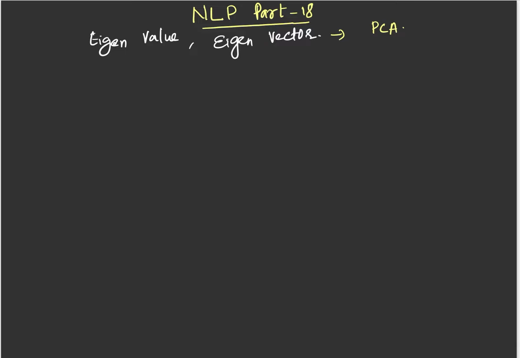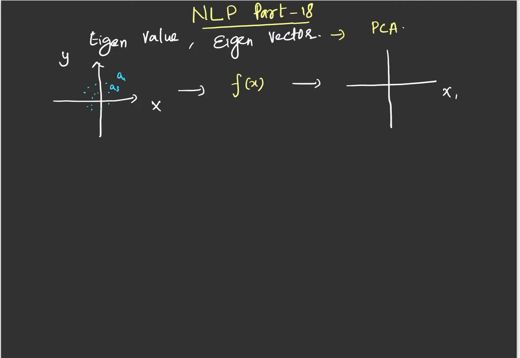Let us assume again the mapping function f of x, which maps my input space into an output space. Here I define my input space in a 2D plane, which is described by x and y. And there is a set of points on this plane. These points I can call A1, A2, A3, etc. And this mapping function f of x transfers these points on the xy plane into a new plane, which is called x prime,